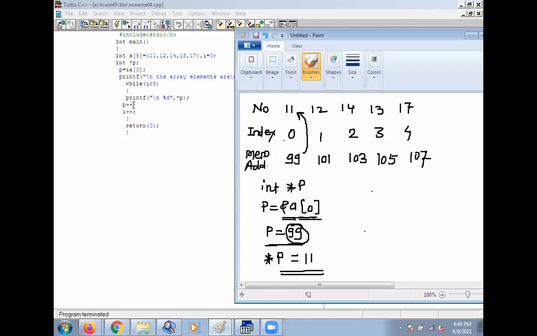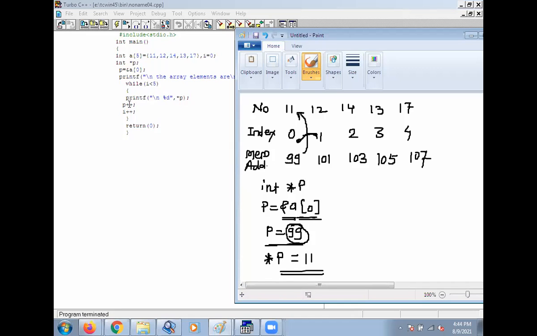Then p plus plus, that is increment value of p, that is initially p is at 0th location. Increment value, it goes to the first location address. Increment value of i, initial value of i is 0, after incrementation it will become 1. Check this condition, 1 is less than 5.